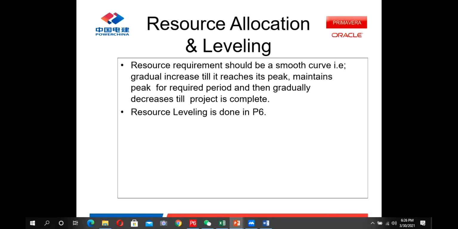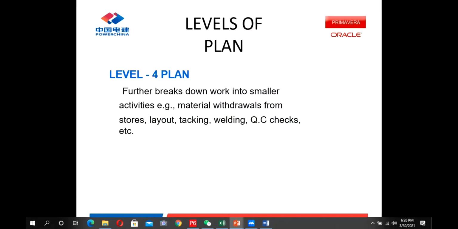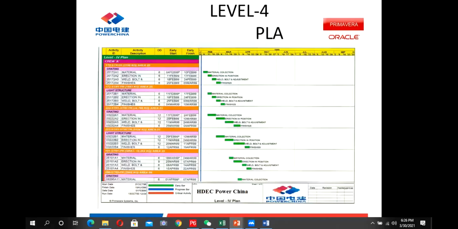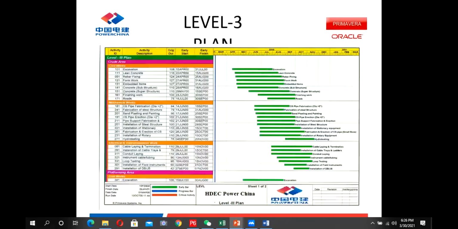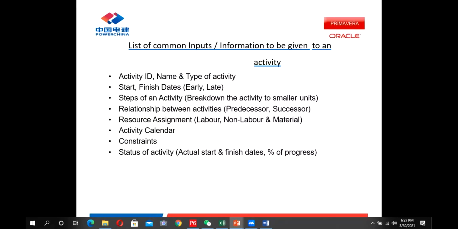So for today, these are our two exercises, and this is some of our planning. If there are any questions about these levels, you can ask. I think everyone is also clear about this. These are the information which we have to put. We have done some exercises. The remainder is in exercise 8, which we will do tomorrow, and we will enter all this information in P6.